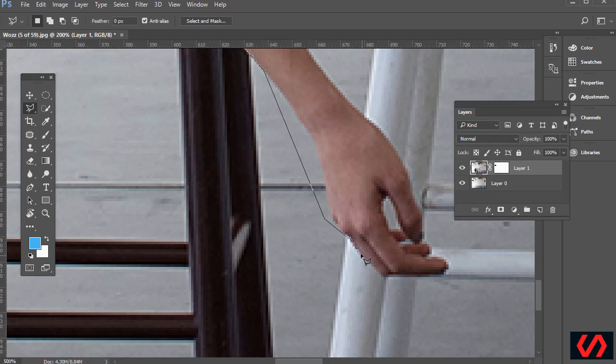So I'm going all the way around. I just click and let go, click and let go, click and let go. And you could try some of the other tools. For example, the quick selection tool might work as well. For this one, there's a definite edge, and I can just click often to make more of the curved areas for selection